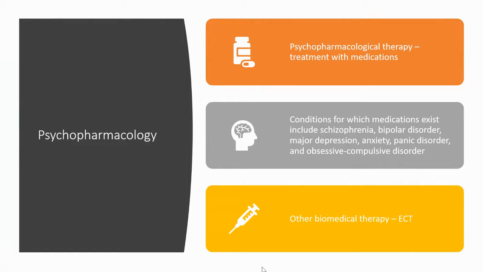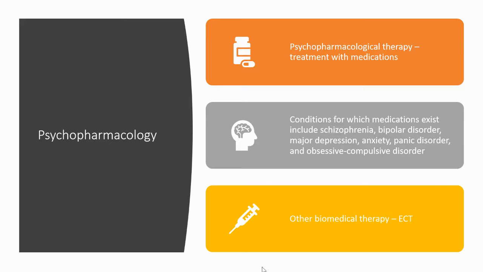Mental health disorders can also be treated through pharmacology, and so this is through prescription medications. There are many conditions for which medications can improve all of the above, right? The symptoms, the duration of the symptoms, the intensity of the symptoms, and oftentimes these medications are very effective. It's even more effective when it's combined with psychotherapy, which we'll talk about in the next slide.